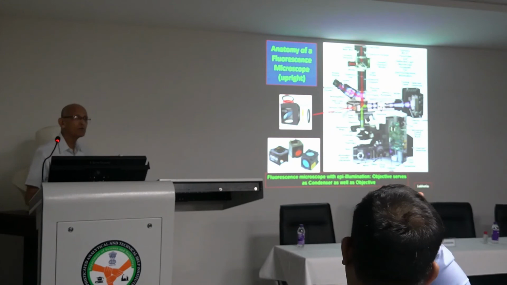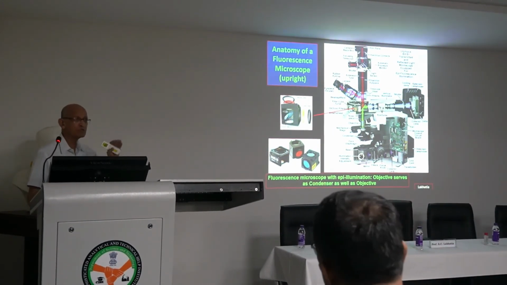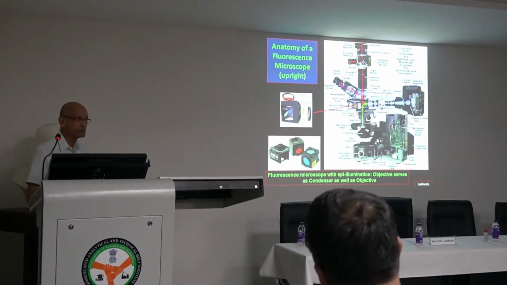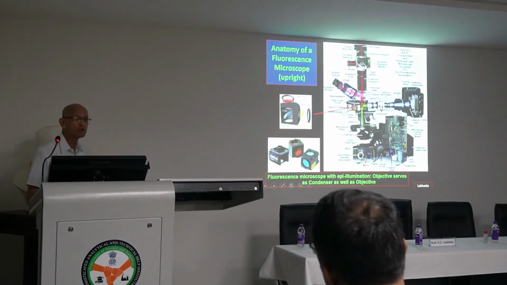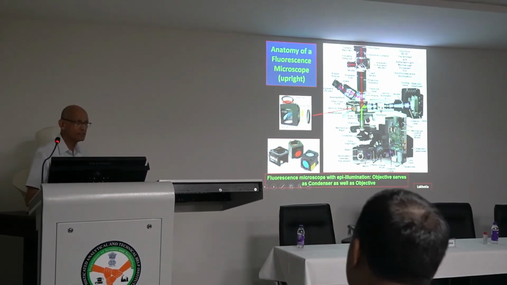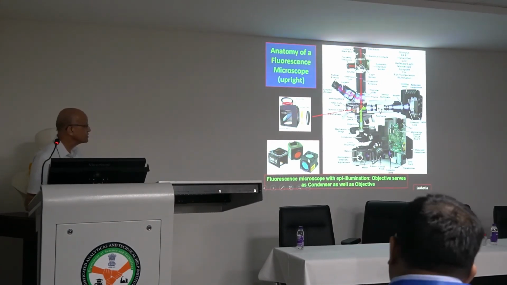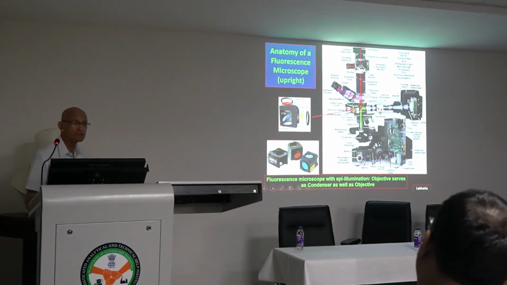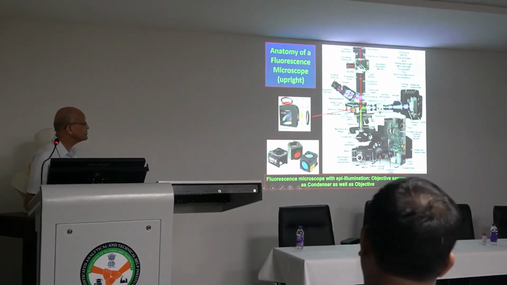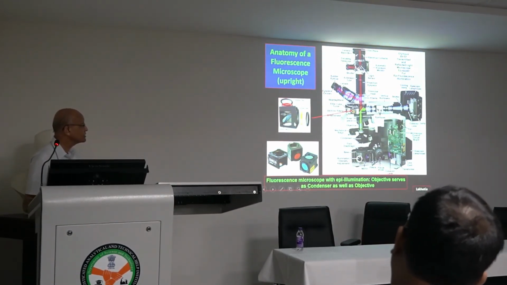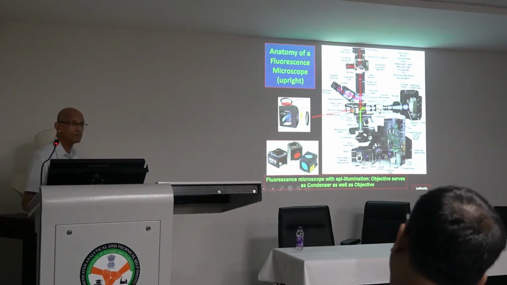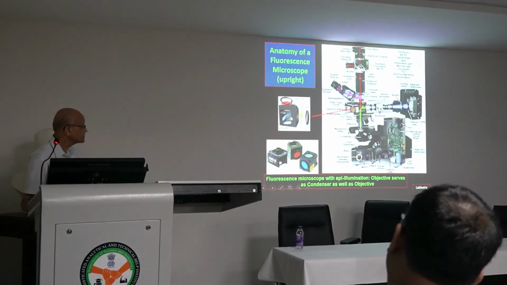But now we put a barrier filter which will allow only the fluorescent light to pass through and stop the excitation beam. And this is what happens in a fluorescence microscope, that you have one filter block which has no filters. Actually, that's for transmission, normal light microscopy. Then we have for blue excitation, green excitation, red excitation, and so on. And each one of them has 3 sets of filters. One, the excitation filter, through which the excitation beam will come through. A dichroic lens here, which in this direction reflects the light down.